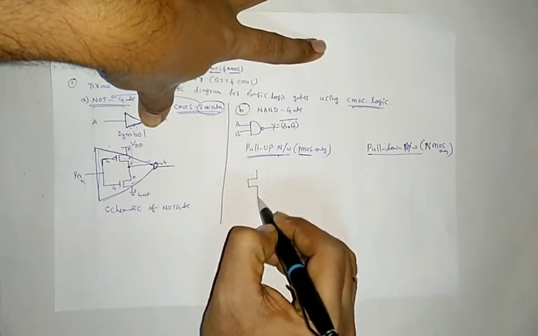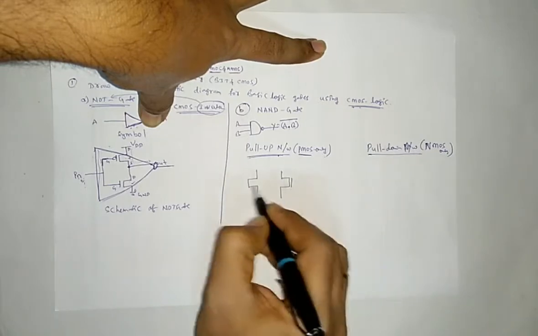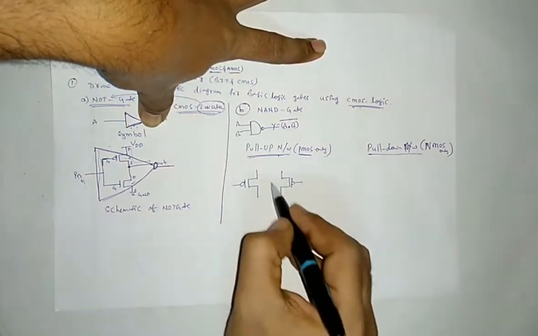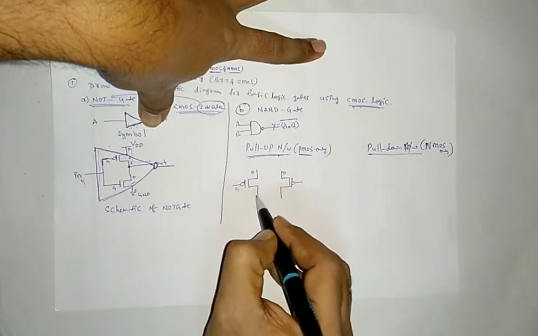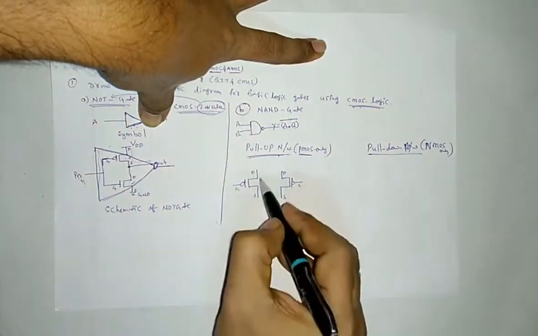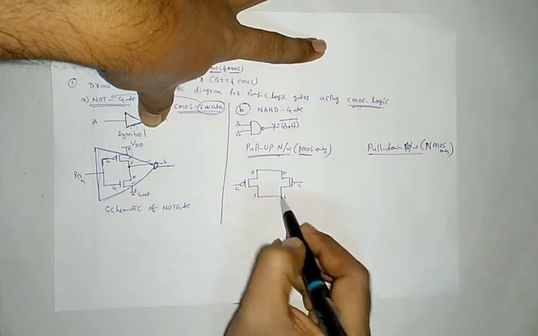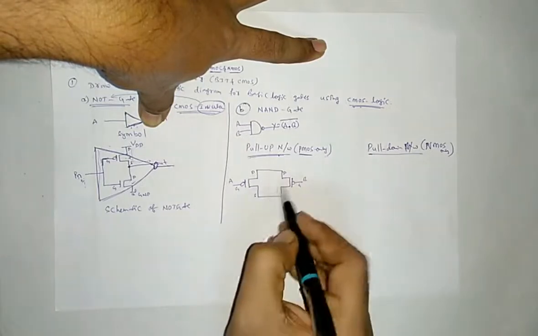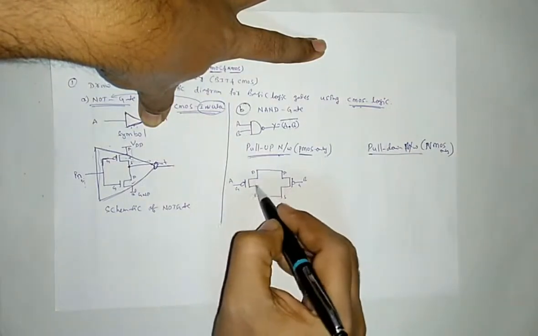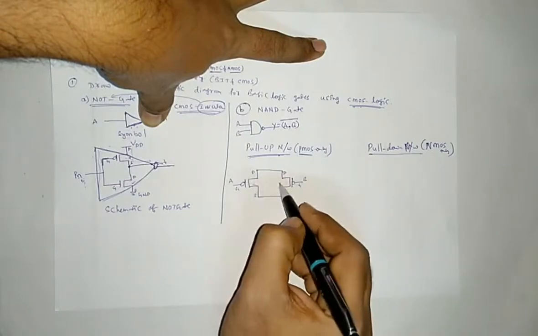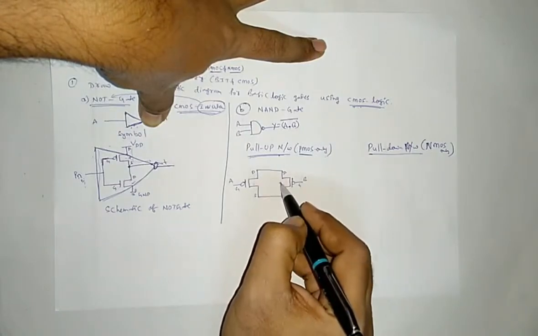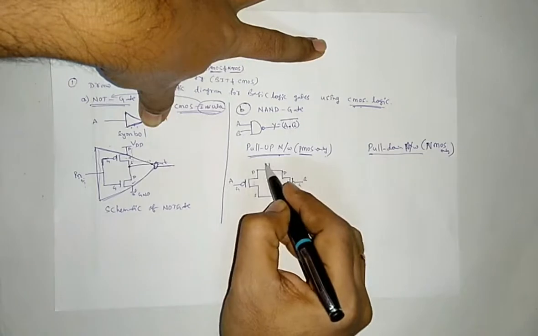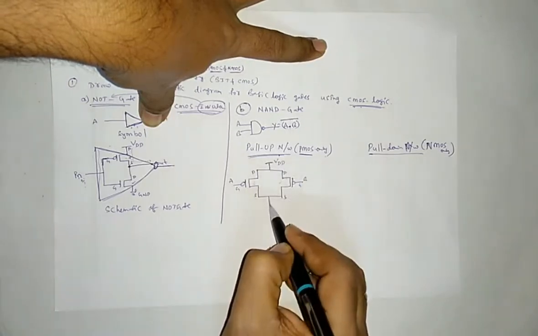Okay, so if we connect two PMOS transistors in parallel, it is one PMOS, second PMOS: drain, drain, gate, source, gate, source. So drain to drain, source to source, that is a parallel connection. Inputs are A and B. So this is the pull-up network in which two PMOS transistors are connected in parallel. Hence it can give the complement of the product term. Okay, and the pull-up network is connected between VDD and output.